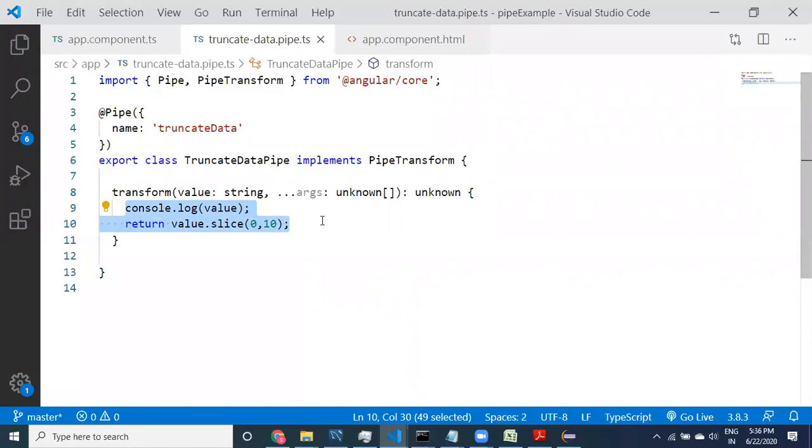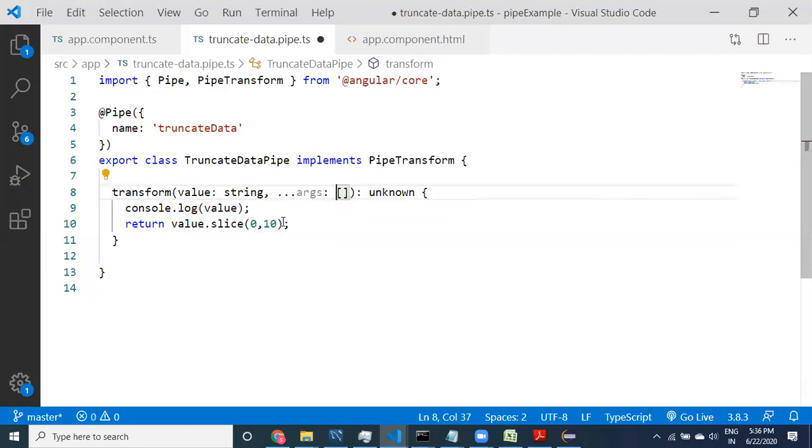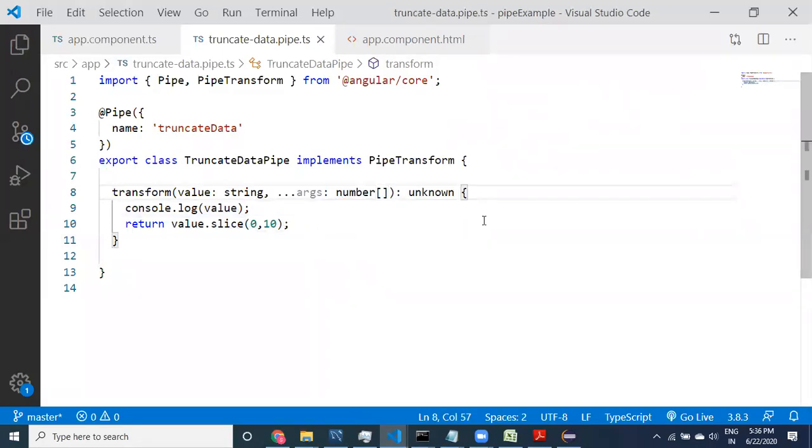While applying transformation logic, you can take arguments also. Suppose I want to take integer arguments. Let us provide numbers, not integers, as there is no concept of integers in TypeScript. Here we are taking a number array, meaning a number of arguments are going to be provided here.